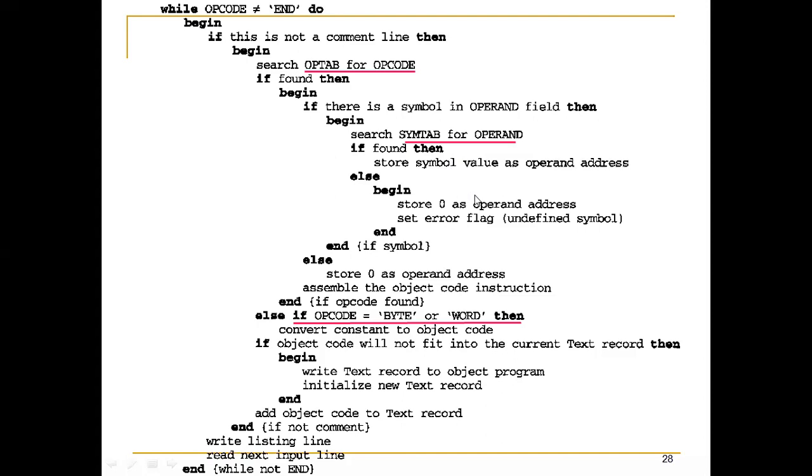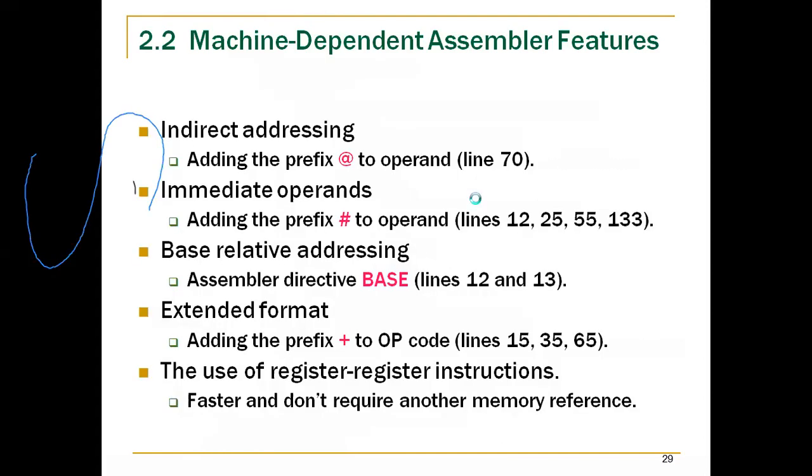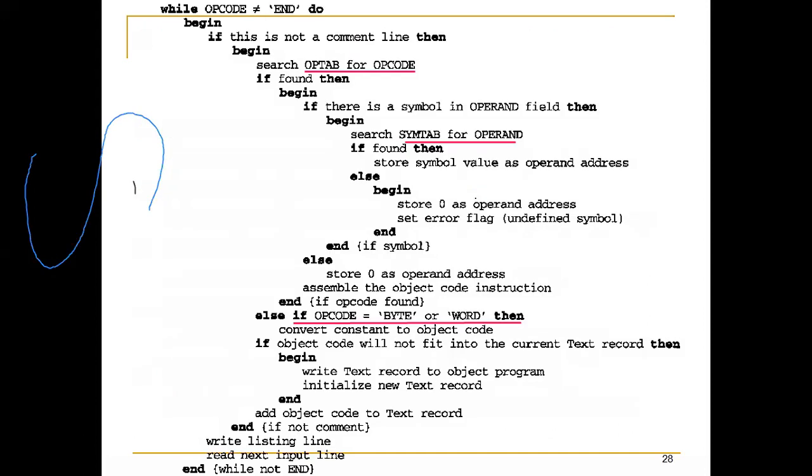Okay. So if you don't have any doubts, obviously we can move ahead. It was quite simple for us to assemble the instruction for the SIC standard model.